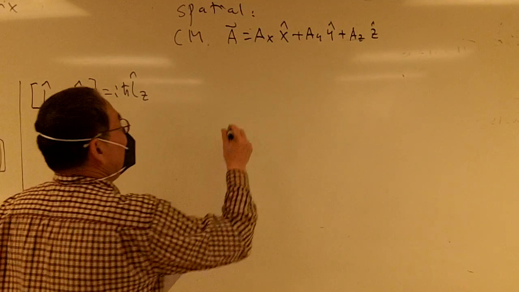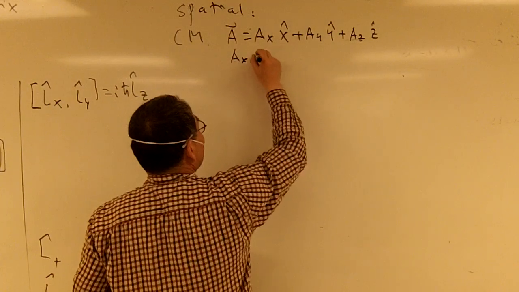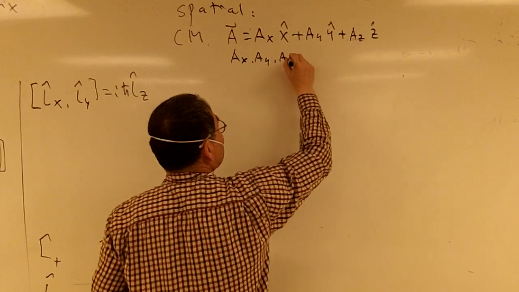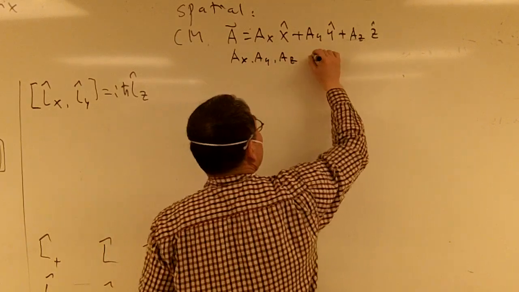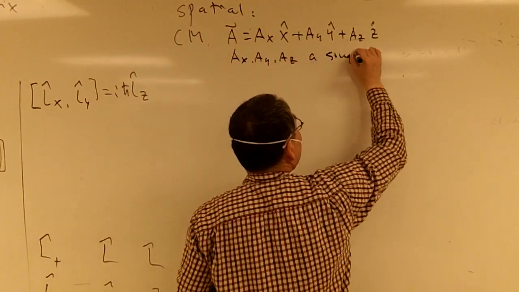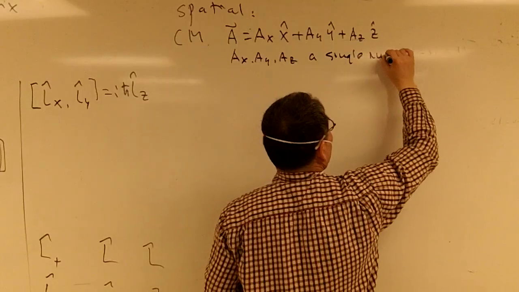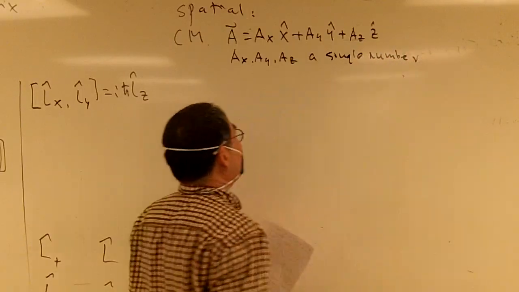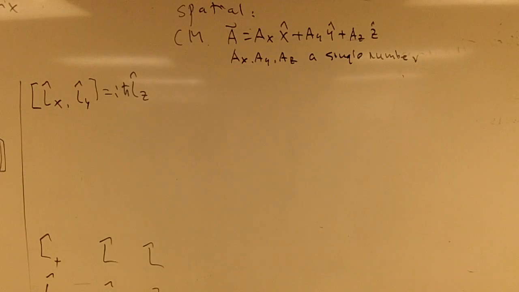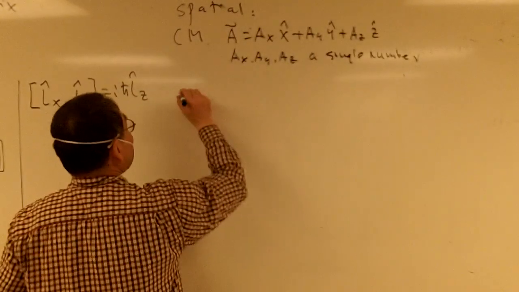So here, ax, ay, az, it's just a single number. It could be a function, of course. Just a single number. So in classical mechanics, even quantum mechanics, when you derive it, it's just a single number. But now in the spin space,